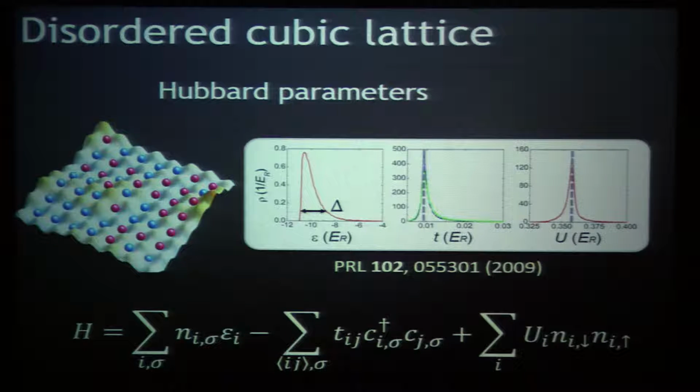So if you have these atoms, these caps, if the cap is very high, then there will be very little tunneling, and also the overlap will be very small, so the interaction is very small too. So it seems like you might be able to write U, the interaction strength, as a function of tunneling, or if they're very related. Okay, so that's a great question.